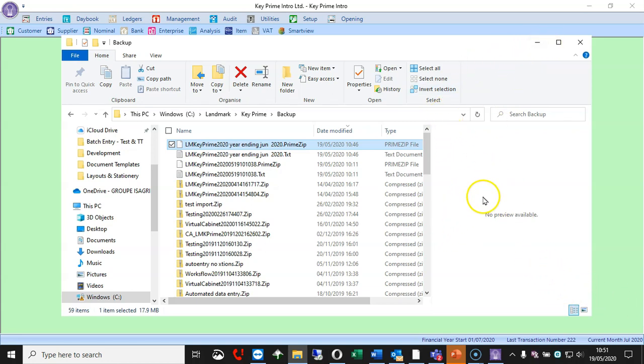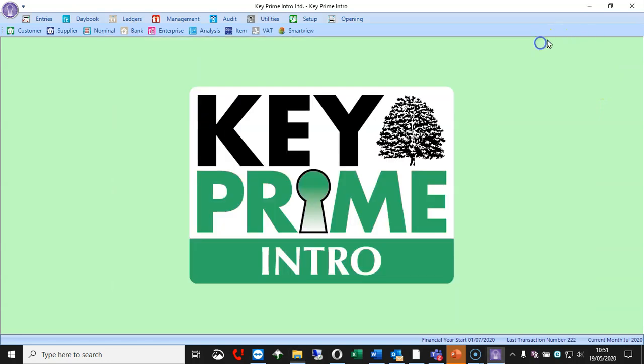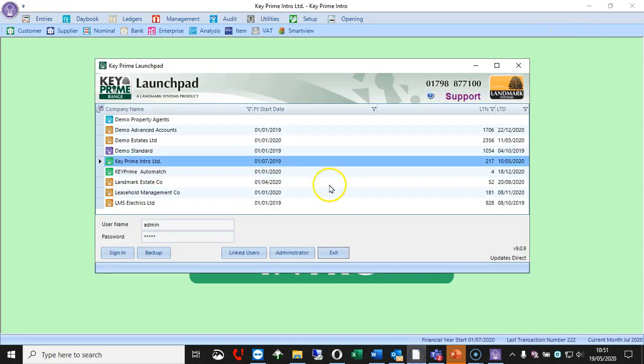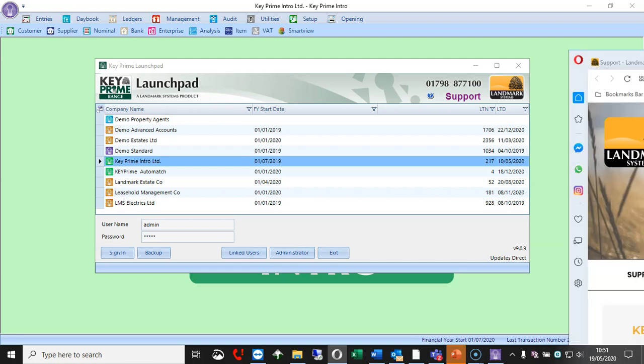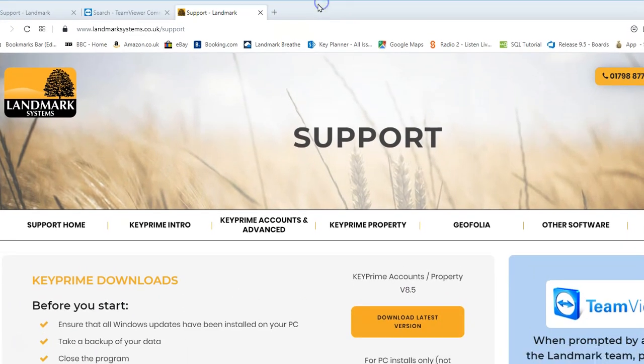One last place that I'm going to show you is if I go back and bring up Launchpad, all of you have a big support button up here. So, okay, sorry, that's just brought it up on my other screen. So here is our landmark support page, and you will see that up it comes.